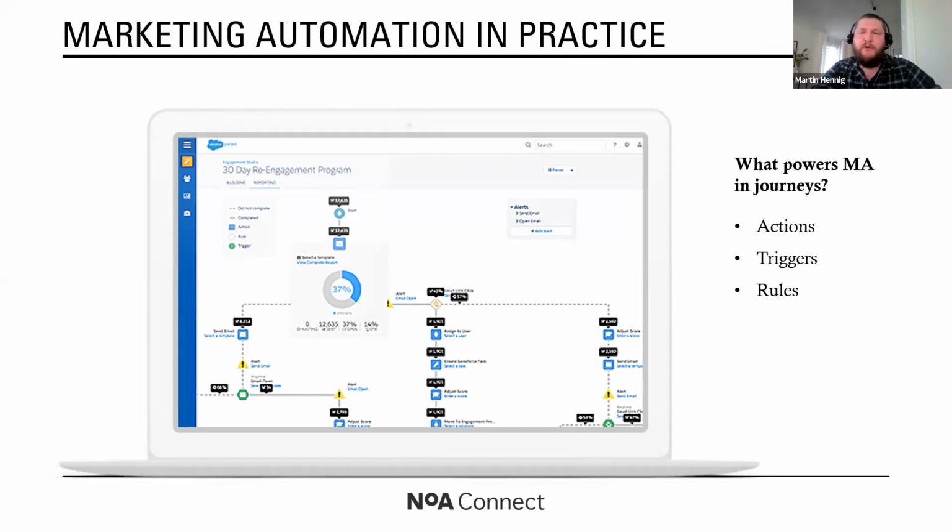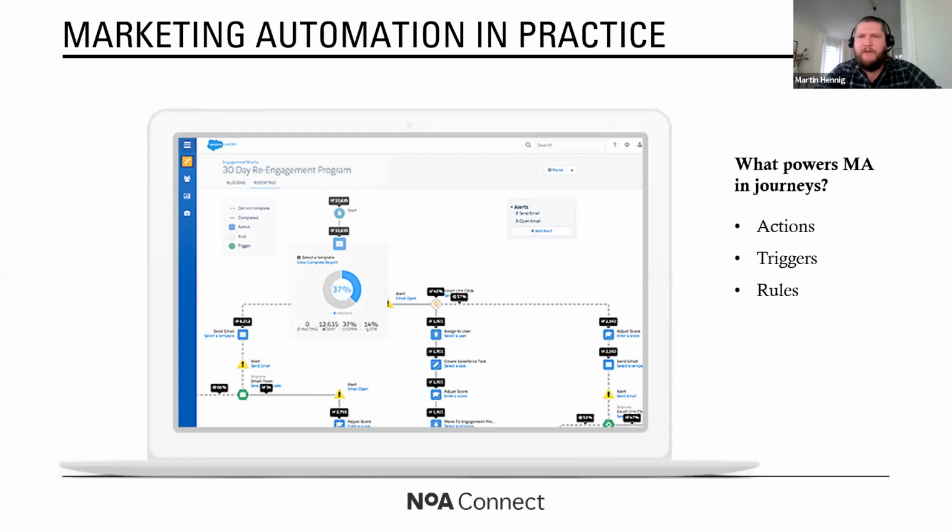Then we have what we call triggers, or an engagement split. So a trigger would be used to then see, okay, which one of the people that I targeted interacted with my email, right? Who opened it, who clicked on links, and based on that trigger, they will go down a different path in our little setup here. So let's say you didn't open an email, maybe there's another follow-up email, maybe some kind of a reminder with a different subject line to get you going. Or if you did open the email but you didn't click on it, maybe you get a different kind of email next time around. Or if you did open it and did click, hey, you know what, we have extra content for you that you wouldn't have received otherwise.